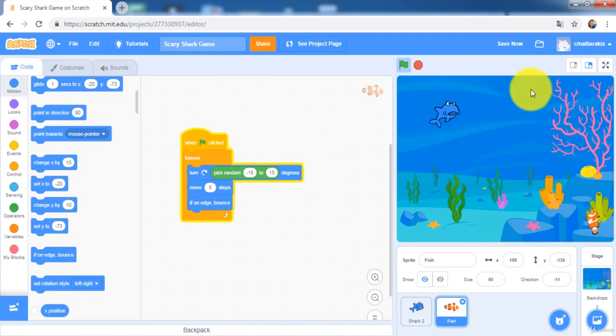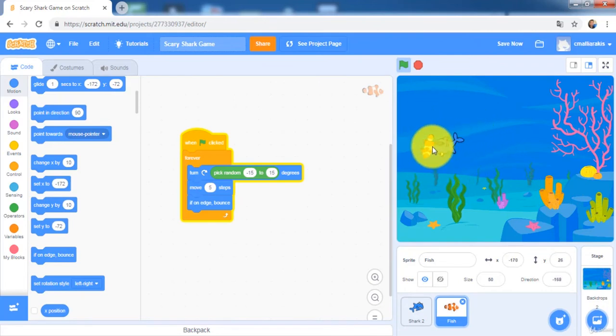is moving fast. So if you would like to have something that will move not so fast, then go and change 8 to 5 steps for example, and try again. Then you will see that the fish is not moving very fast. So what I'm going to do right now is I would like to change the behavior of